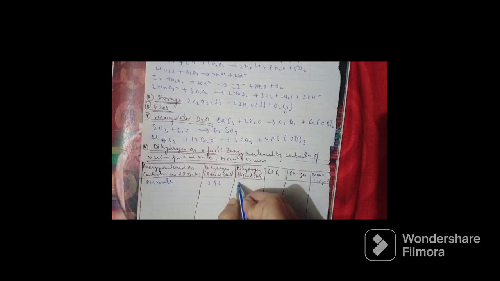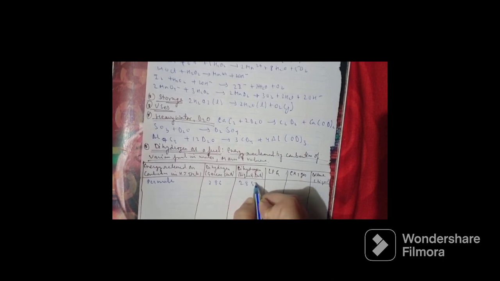For energy released in the combustion per mole, this is your dihydrogen in gaseous state, which is 286. Dihydrogen in liquid is 285. LPG is 2220. For methane it will be 880, and for octane in liquid state it is 5511. Now for per gram,